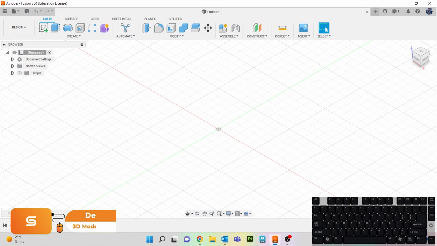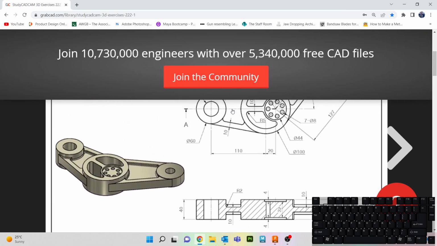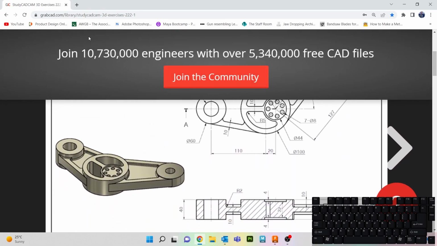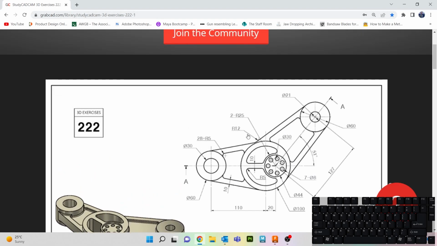Hi everyone, in today's video we're going to have another go at a modelling task. So we're going to have a go at modelling this one. If I can get that to go away, there we go. If you want to follow along as I'm doing it, I will put the link to this technical drawing